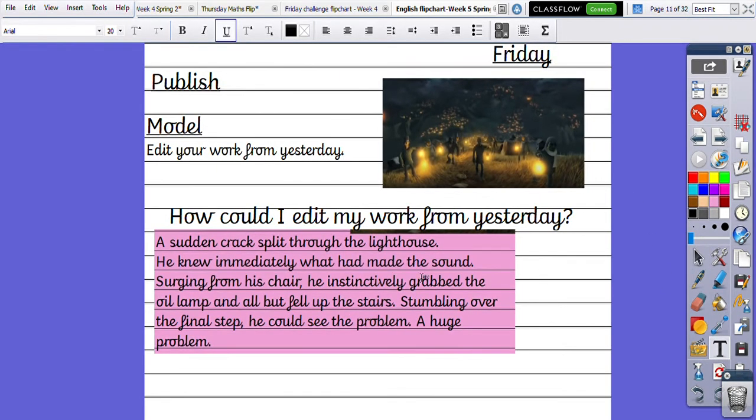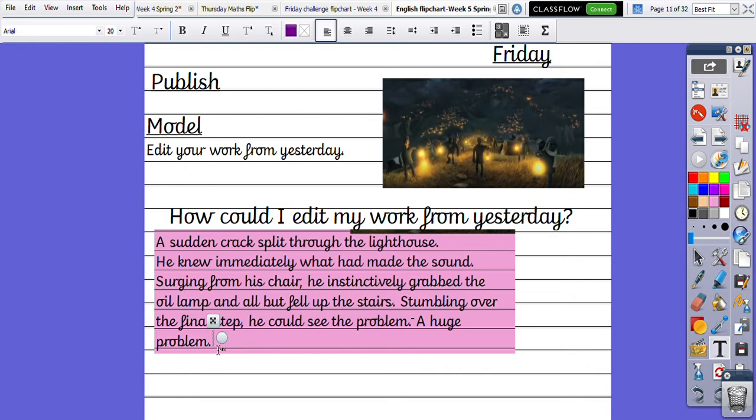So I'm going to take one of the sentences and up-level it a little bit further. So I have got, stumbling over the final step, he could see the problem, a huge problem. I want to add to this end bit. So here, instead of a full stop, I want to use a dash instead. So I'm going to edit that. I also want to add to the end of my writing because I don't think I explained what the problem was fully. So I am going to add to the end of my writing in purple pen